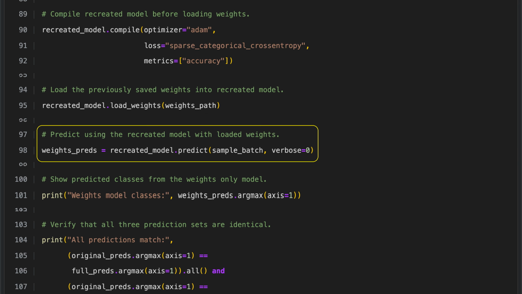We now use the recreated model, which has the same architecture as the original and has been loaded with the saved weights, to make predictions on a sample batch. By calling the prediction function with the verbose setting turned off, the model generates outputs without extra logging. This step verifies that the model with loaded weights behaves the same way as the original model,